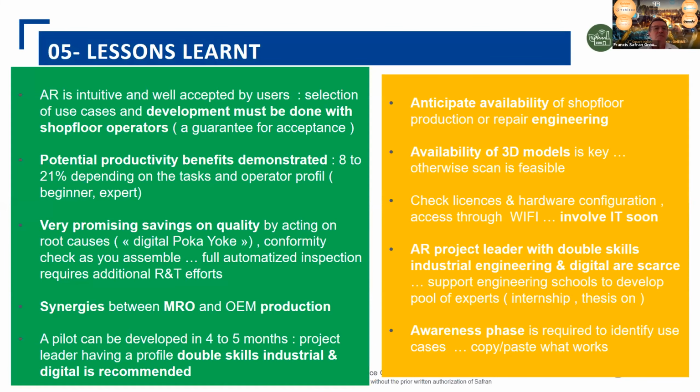Lessons learned quickly: this technology is quite intuitive, but the development must be done with the shop floor. Productivity has been demonstrated. It could be in a range from 8 to 20%, depending on the level of expertise of the operator. Very promising in quality. We can talk about a kind of digital poka-yoke sometimes. It's a great help to go toward automated inspection. There is synergy between repair and OEM production. And the pilot can be developed in 4 to 5 months,